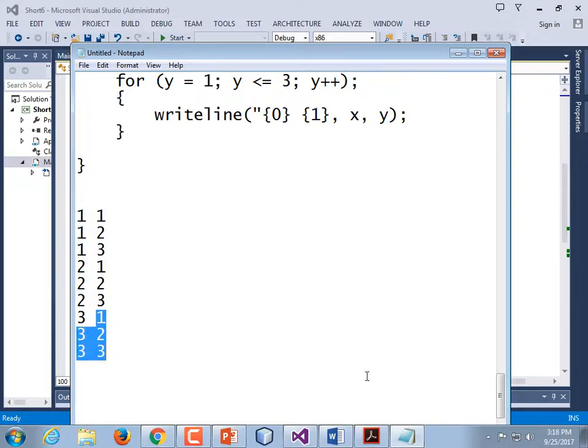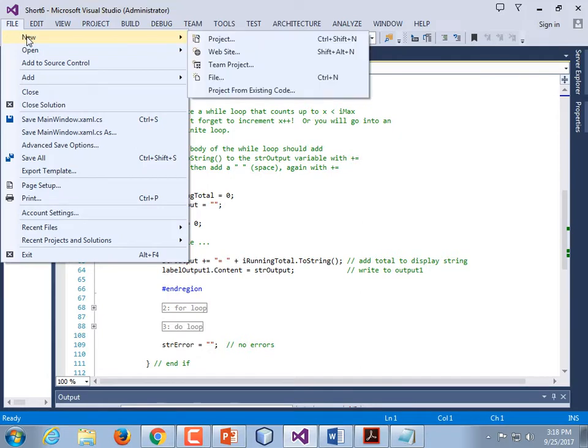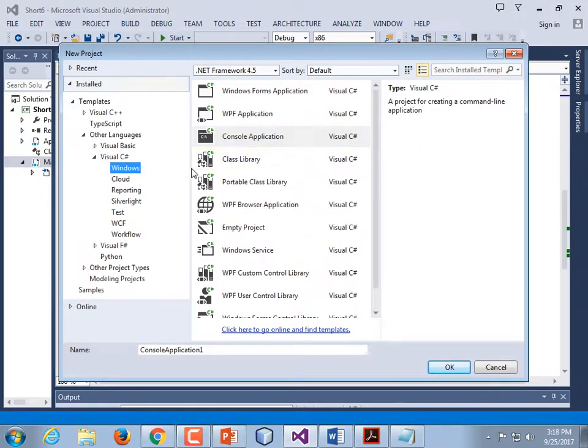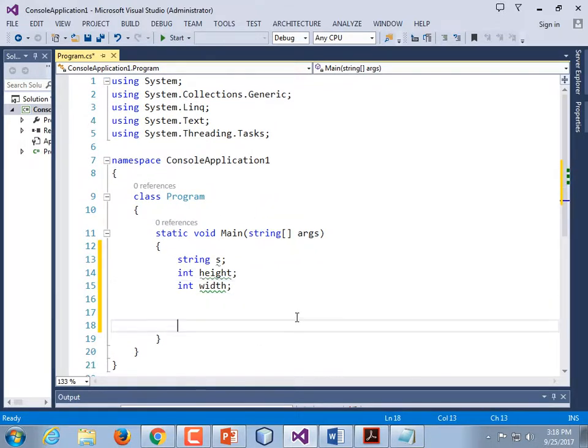And there's one thing I want to do to play with this, which is to print out a rectangle. So I'm going to create a new project, C# console application. Let's declare a string. Let's declare 2 ints called height and width. Then let's ask them,